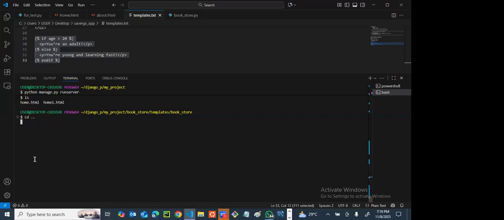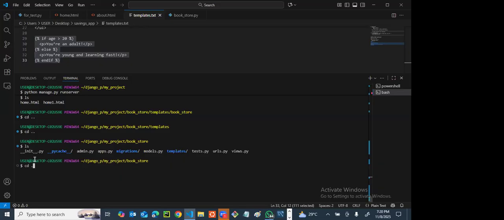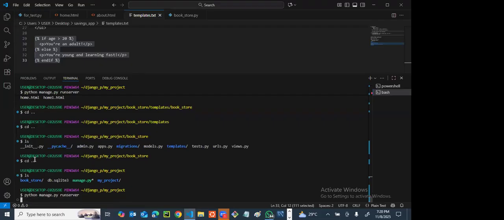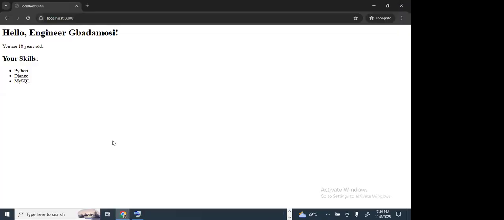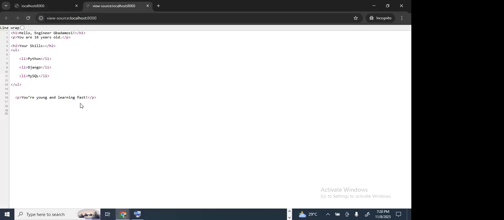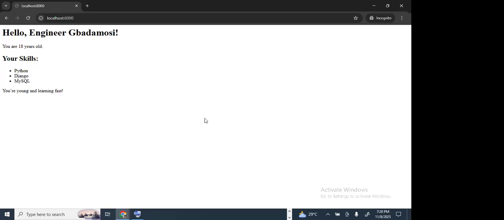Okay, so I need to move very fast to where we can run the server. Okay, so I want to run the server. Okay, so the server is up and running. I'm going to be refreshing the browser now to see which condition will be met. So can you see it here? So our condition states that, let's see what our source code is. Can we see it here? Okay, one second. If we check our source code from here,